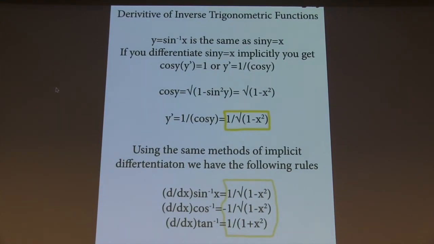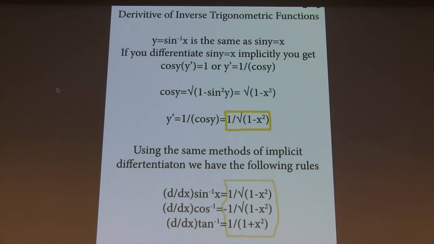Now that we all have a great handle on implicit differentiation, we can see some applications of it. Using implicit differentiation, we can see the proof of how to derive inverse trig functions. When y equals arcsine x, we know that sine y equals x. If you differentiate sine y equals x implicitly, you get cosine y times y prime equals 1, or y prime equals 1